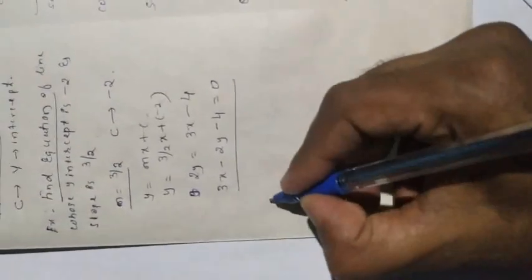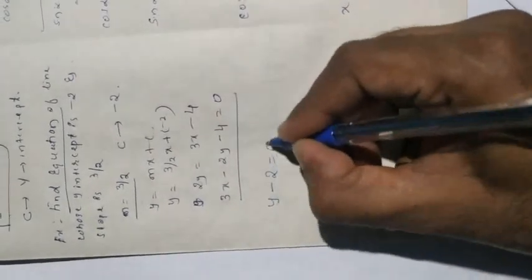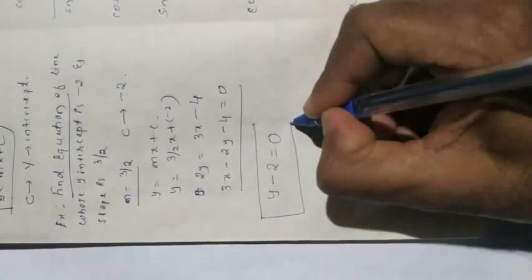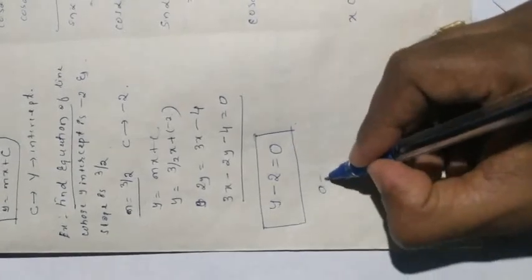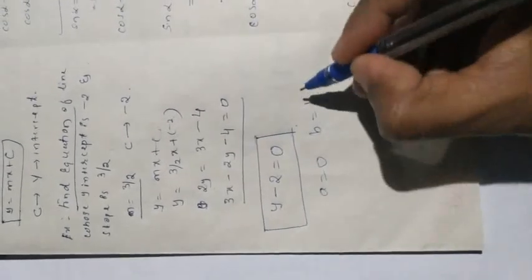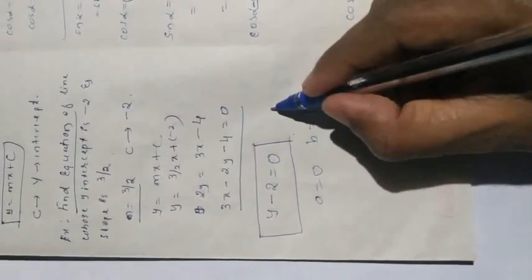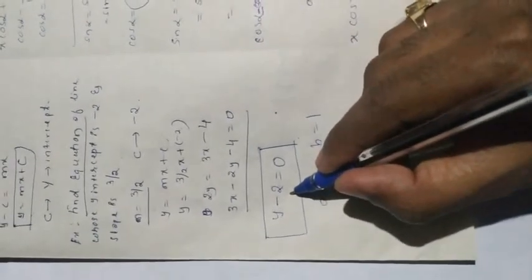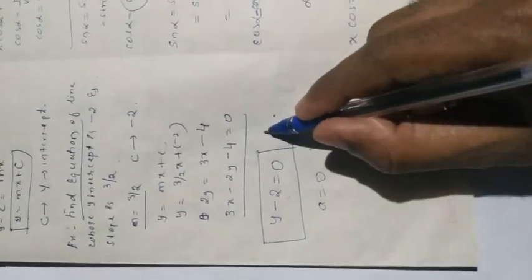The next example I will give you as homework, that is y minus 2 is equal to 0. This is the equation of the line. Here the a value is 0, b is 1, and you have the minus here already. C is negative, so take it to the RHS. This is the homework for you. If you have any queries, you can ask me through a call, and I can clear your doubts. By pausing the video, you have to note down the notes.